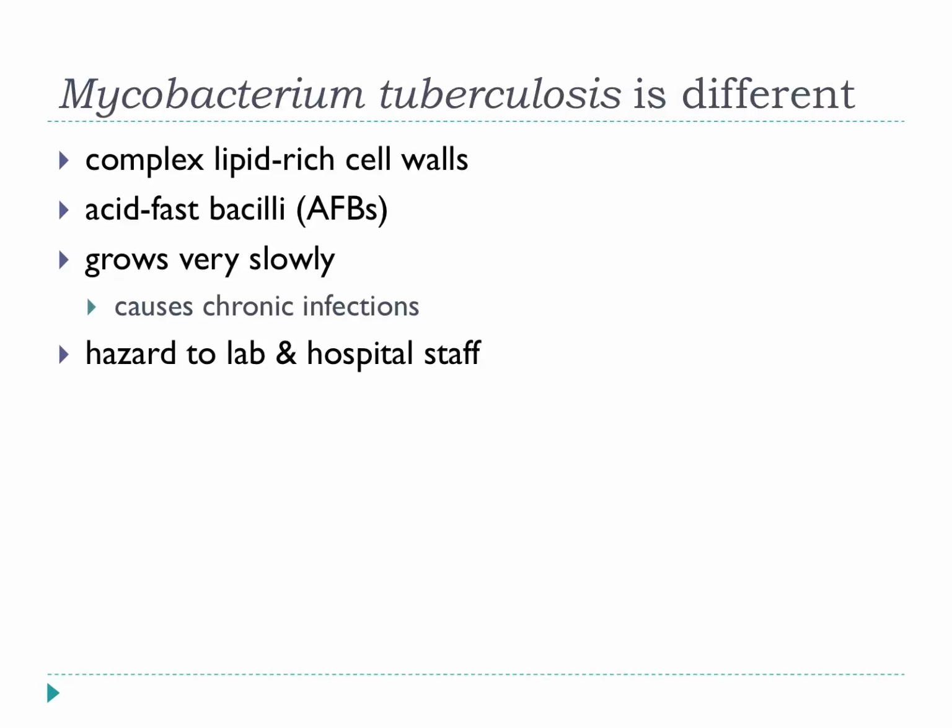So anyway, away from politics and history, back to microbiology. So what about Mycobacterium tuberculosis? Why is this such an odd and difficult organism? Well, it's very different from your average bacterium. It's got very thick, complex, lipid-rich cell walls. In fact, its cell wall is probably the most complex we know of in nature.